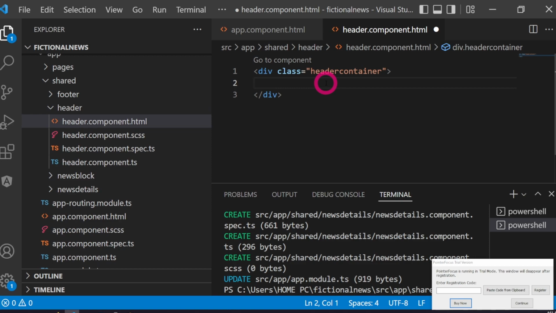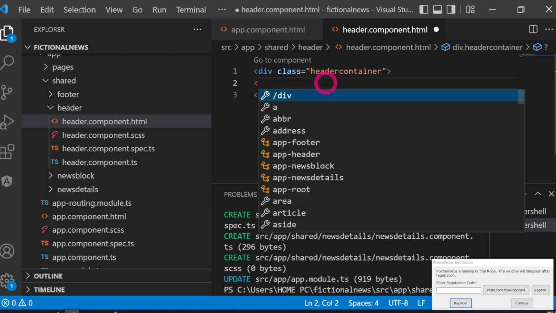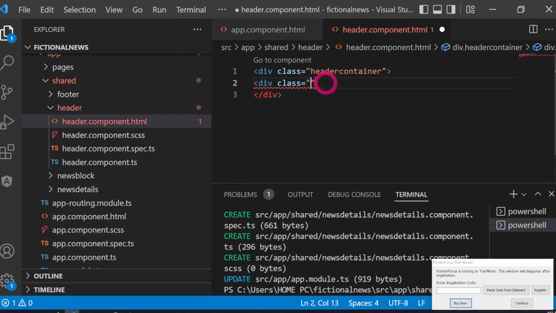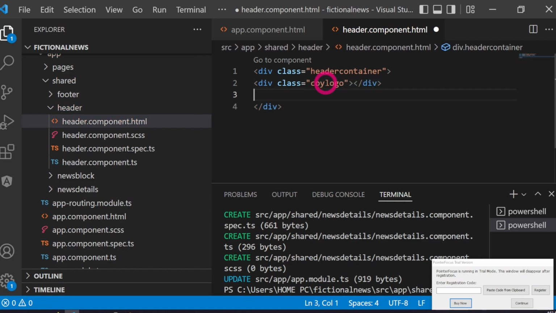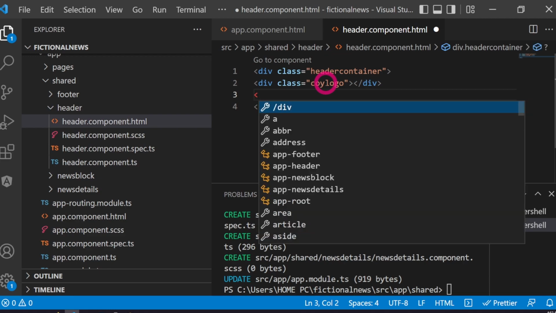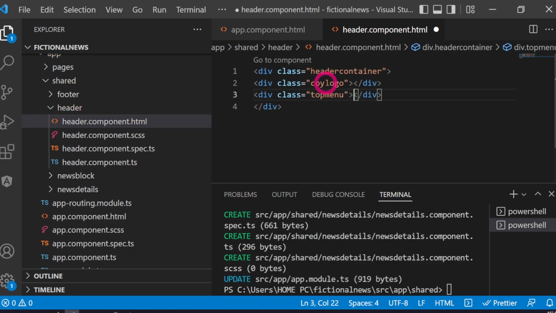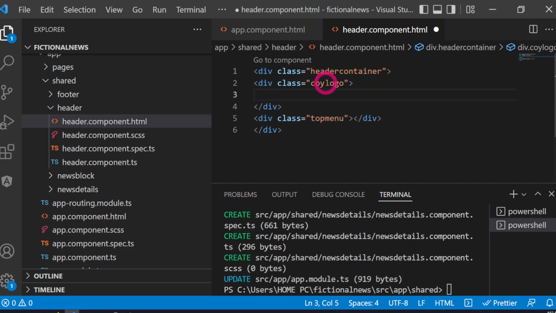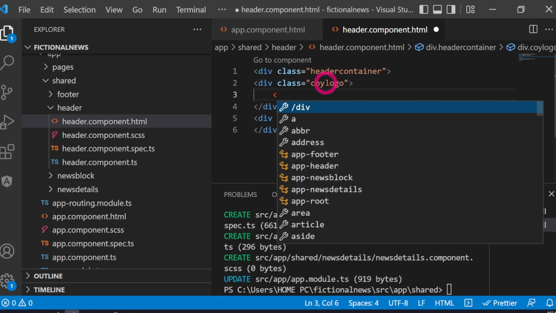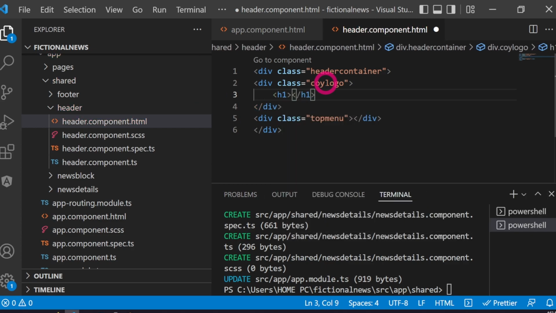And then this is going to hold two more containers. One of these is going to be company logo, and the next one is going to hold our menu. So this is going to be top menu. And now let's put some things inside. Because we want to link to that, we can do an h1, fictional news.com.